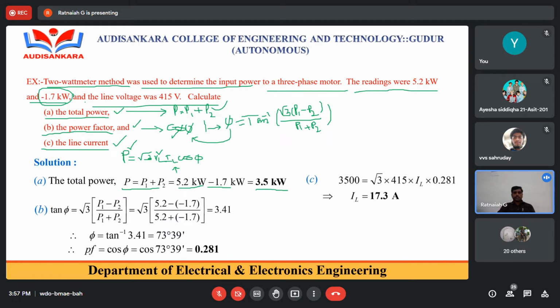That means one wattmeter reading shows positive and the other wattmeter reading shows negative. Yesterday we had a small introduction about this. When the two wattmeter readings are shown, one is positive, other is negative, at what power factor or at what phase angle? Can anybody say why one wattmeter reading shows positive and the other shows negative? What is the power factor? Right, in between 0 to 0.5 only. Like that you have to say, right? So the power factor is always between 0 to